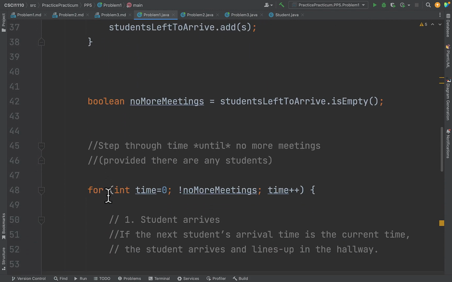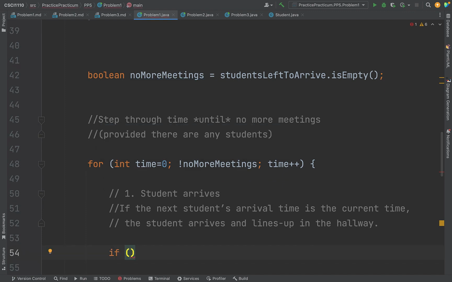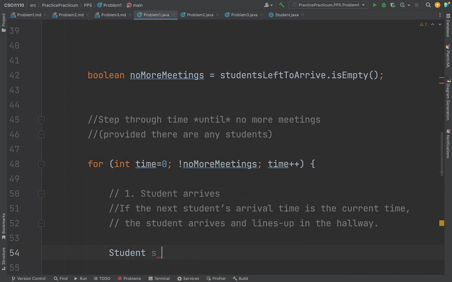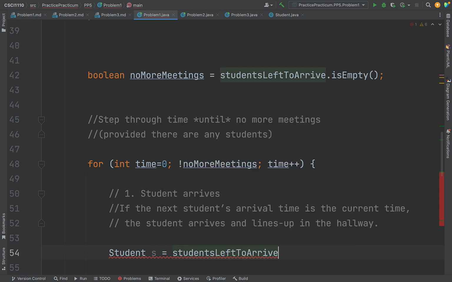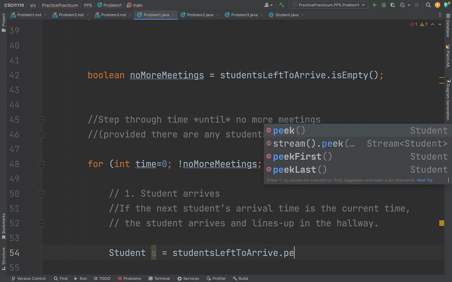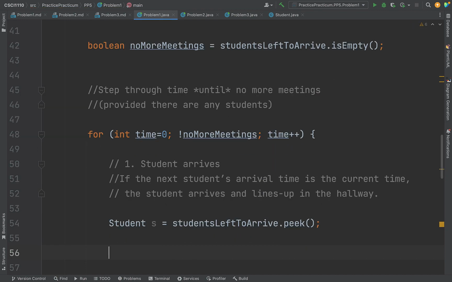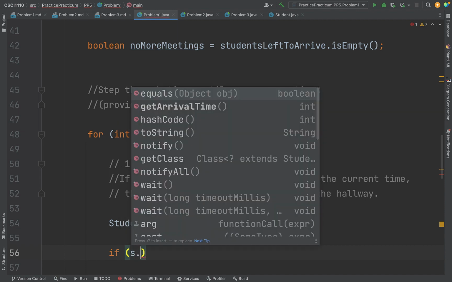Okay, so there's a big piece here. First of all, we need that student. And we can say student S is equal to studentsLeftToArrive.peek. So I can get that first student. And what I can say is if S dot,